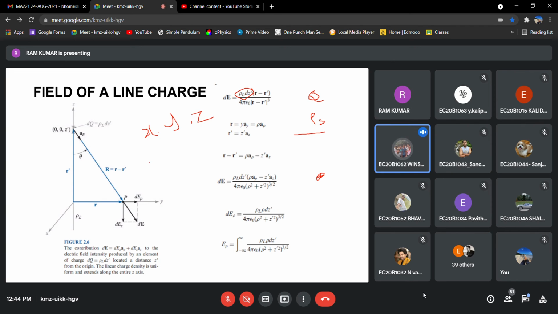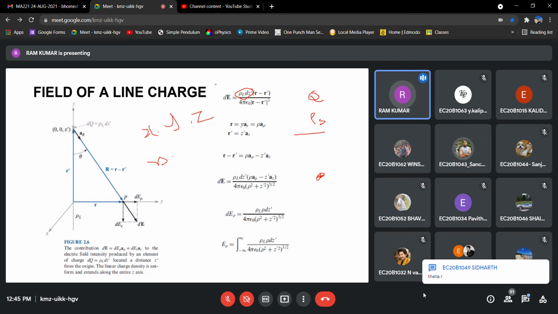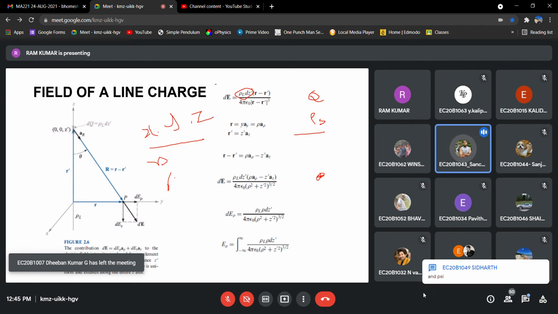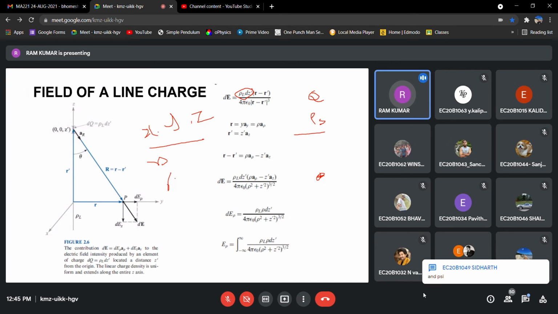R sin theta or cos theta, z, something like that. R sin theta, R cos theta, those are the equations for the conversion. So theta, R, and z. Sir, I remember one, it is the azimuthal angle. Yeah, you are saying something related to that. Good. Similarly, x, y, z, we have rho and angle. You are saying phi.